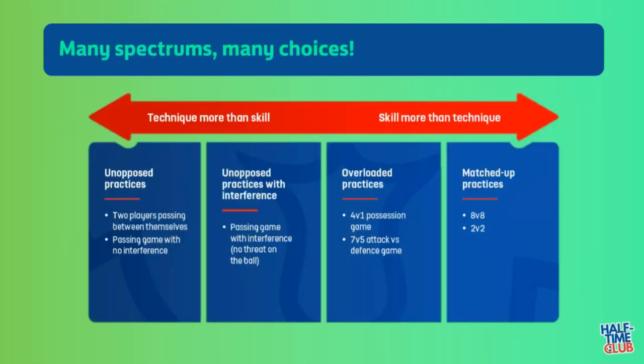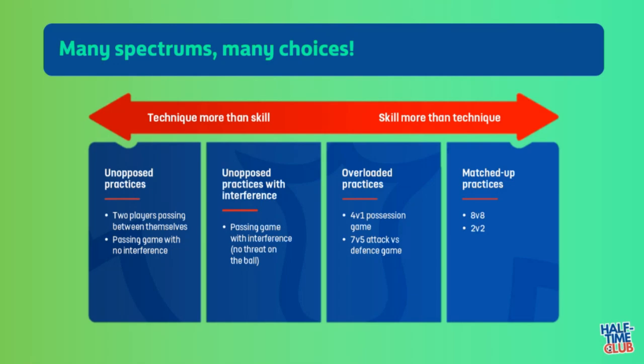The current practice spectrum that's used in the current qualification pathway, whether that's Introduction to Coaching Football or the UEFA-C, for example, will cover around this basic theme. At the top is an arrow left and right, and the reason that arrow goes left to right is that it links into that sliding scale I spoke about previously. What this framework and model says is that if you go towards the left-hand side of this model, you're probably working at technique more than skill.